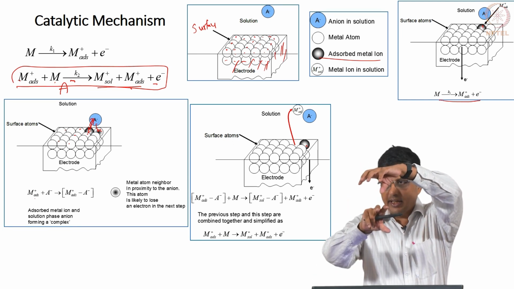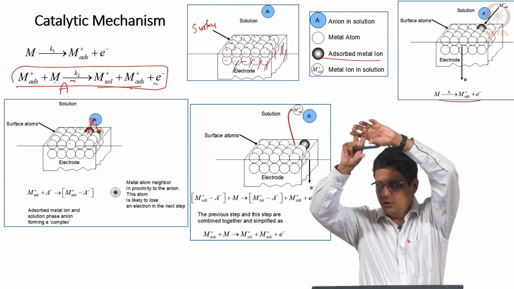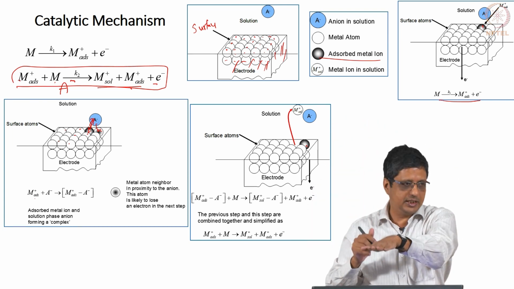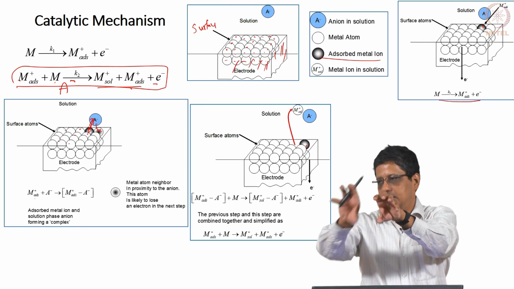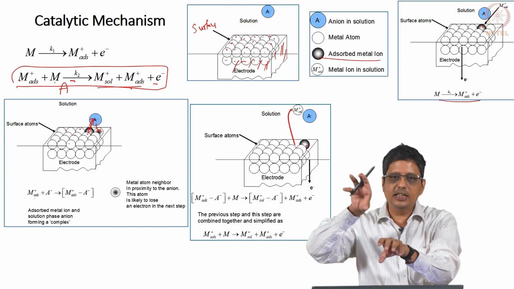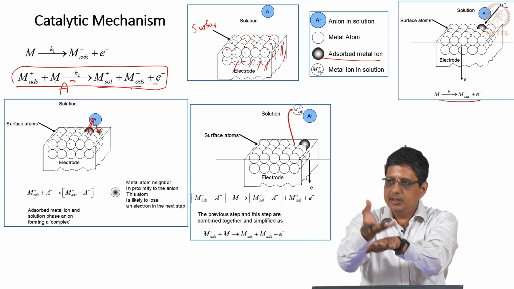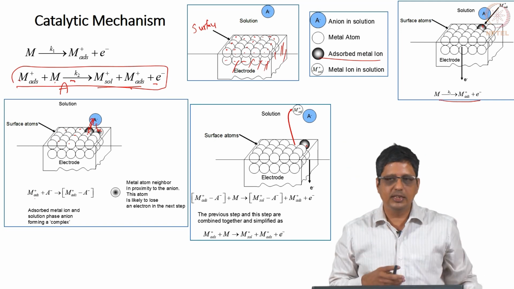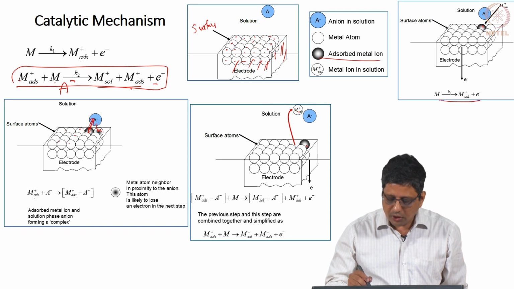This cation which is already M adsorbed, that bonds with this and goes out into the solution and exposes the metal below. So, what happens is this was M adsorbed and this was metal. Now, this has become M adsorbed and this has become metal. This has become metal means this has gone out and the vacant site below is available. Okay. So, this what was originally M adsorbed, that has gone into solution.